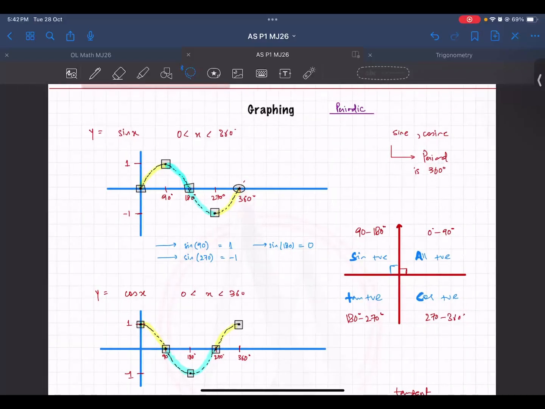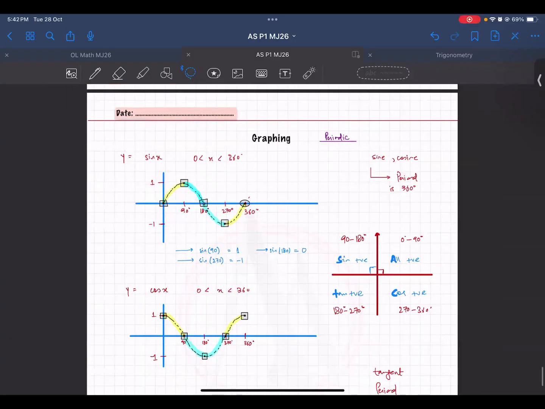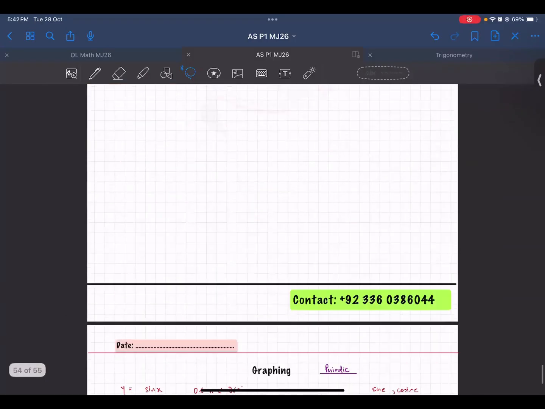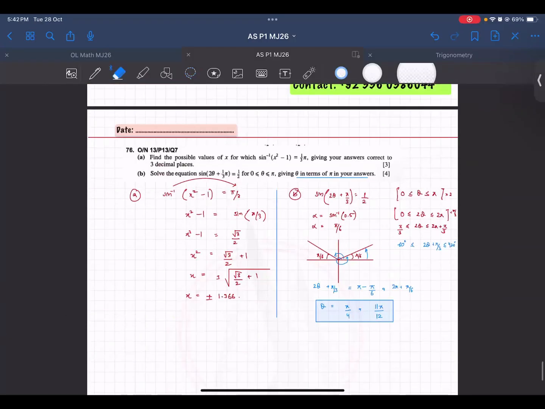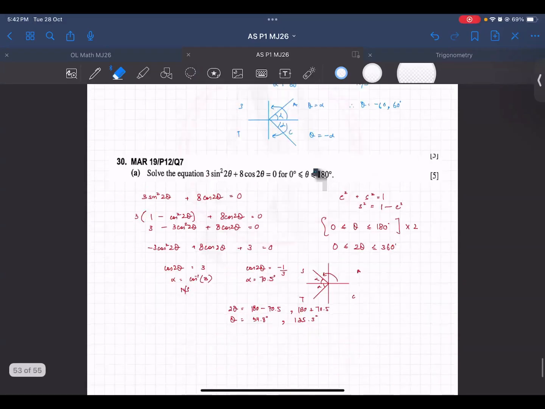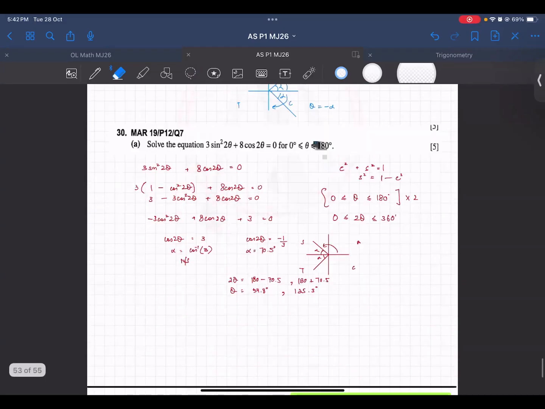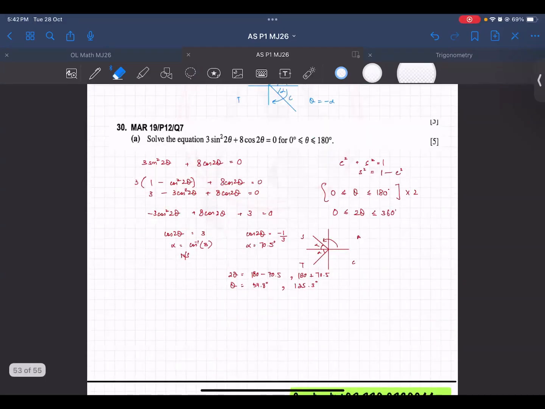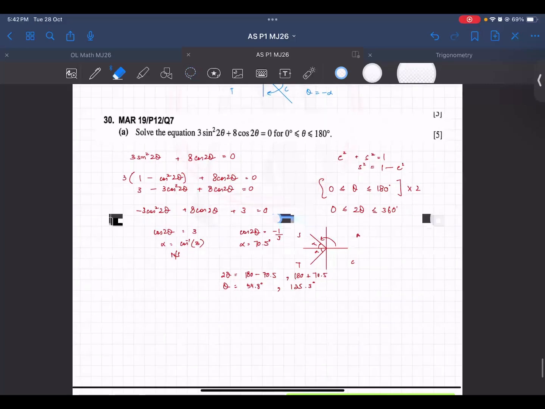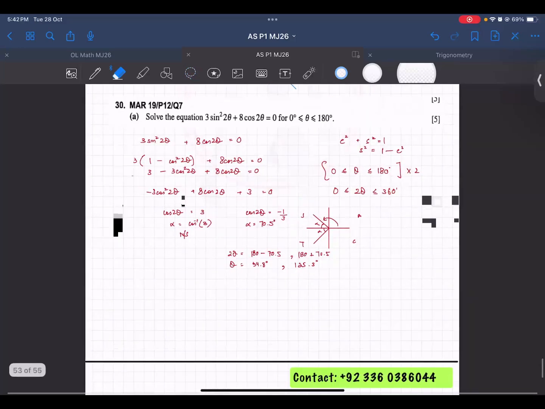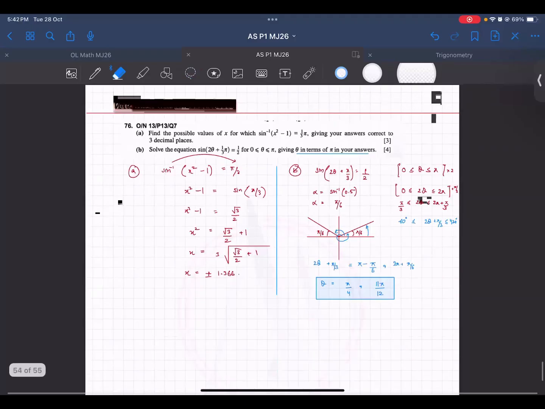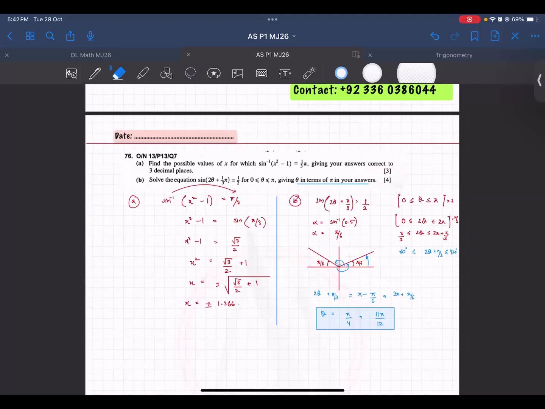Acha, so we have discussed trigonometry, the solving part of the trigonometry using identities to prove the questions, whatever they've given you, left hand side is equals to right hand side, and then solving trigonometric equations using the CAST and the alpha and placing them in the correct quadrants and then getting the final solution. This part we've properly done with the past papers as well, so hopefully this is not very much of an